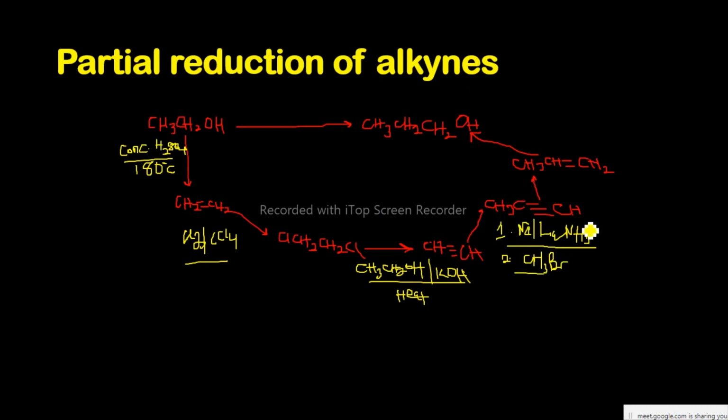It is still the same thing. Then you form this. If you don't write 1 and 2, it means this is the same reagent, which is wrong. Writing 1 shows that is the first step, 2 the second step. Now after here, we use our hydrogen